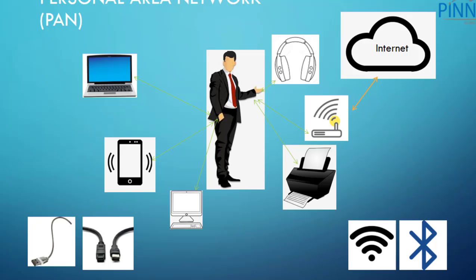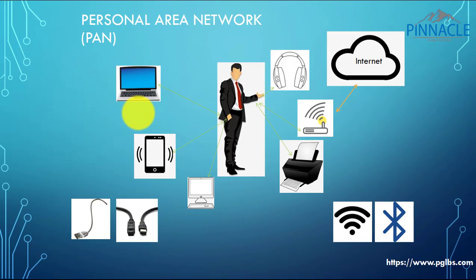Now, this you will experience on a day-to-day basis. We all will have an internet hub at our home, and that hub will be basically used to connect to our laptops, mobile phones, desktops, and from the laptop we'll be able to send data for printing if it is a Wi-Fi printer, or I'll be able to send and receive files. Earlier we were using Bluetooth predominantly for sending and receiving files. So these are the different modes of connection of personal area network.